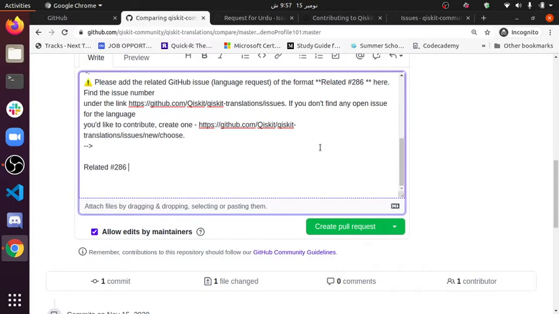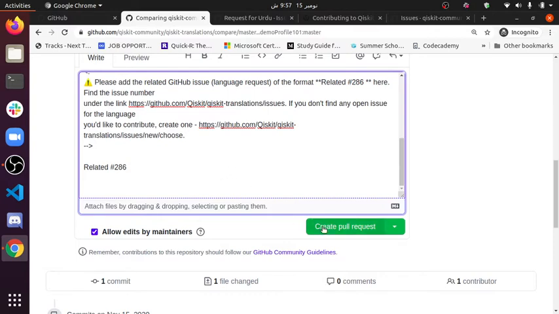Those people have to go to this link to create a new issue and request the language they want to add into the localization contributors project and want to work on. But since Urdu is already added, we are good to go.